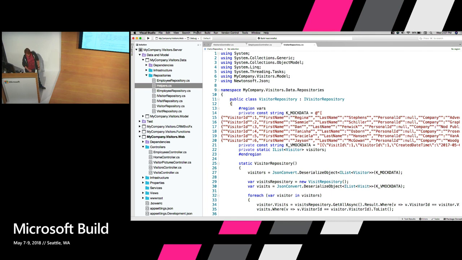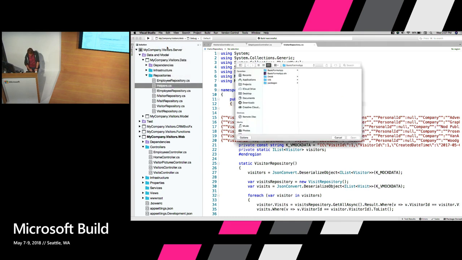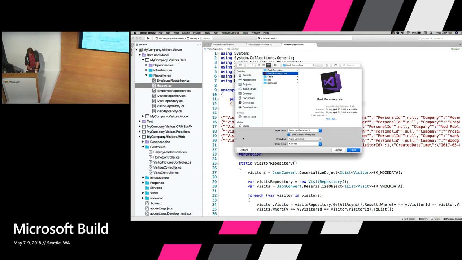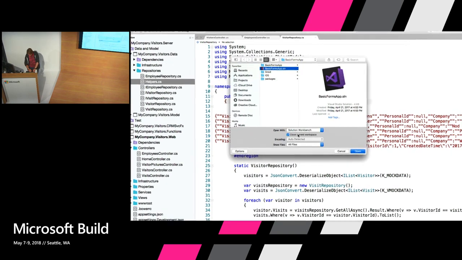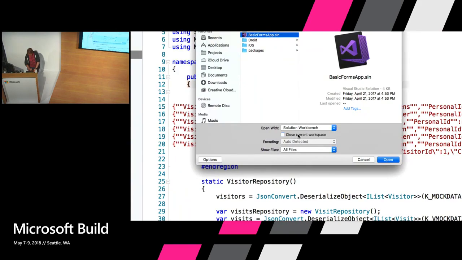Another common question: how can I open up multiple solutions at the same time? On VS on Windows, you get used to opening them in separate instances of the IDE. It's a little different on the Mac side of things, but we do have the ability to do this. You can come in, pick another solution you want to open up, and if you go in your options, you'll see this thing here about closing the current workspace. If I uncheck that,